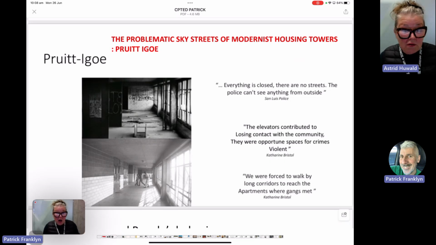That's why the whole housing development failed, because architects imposed this idea rather than asking what actually works. From this study of why modernism failed, he came up with